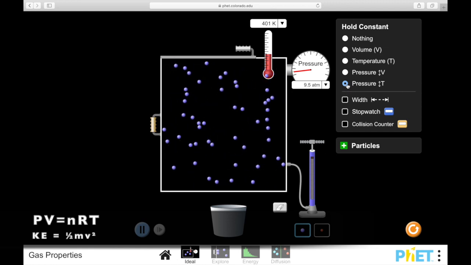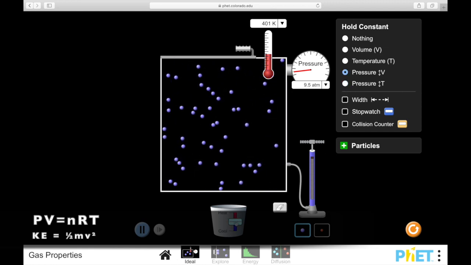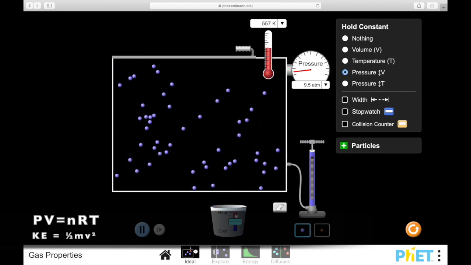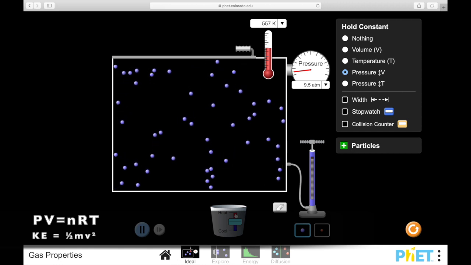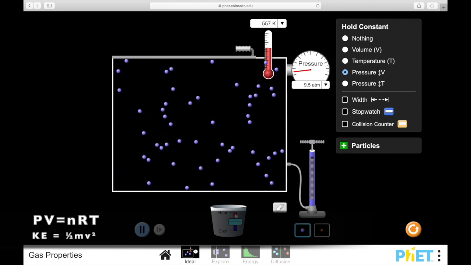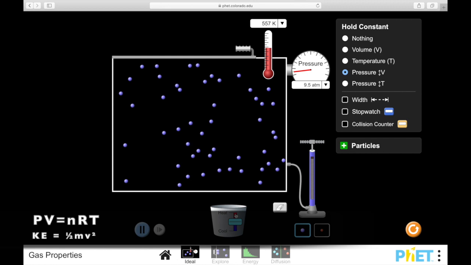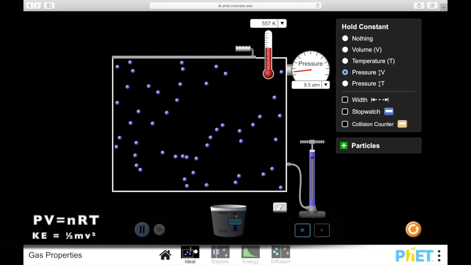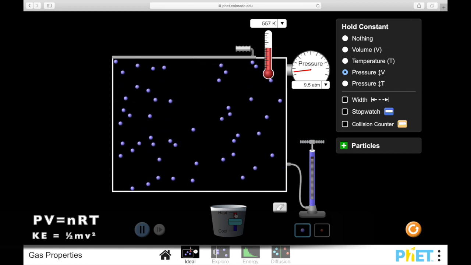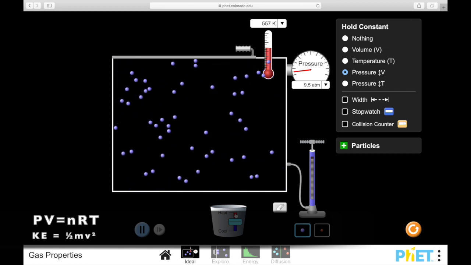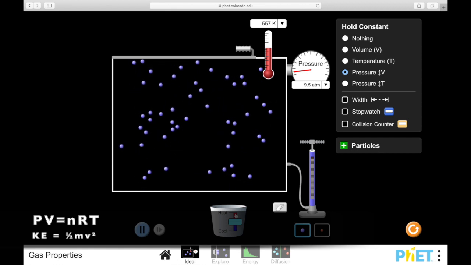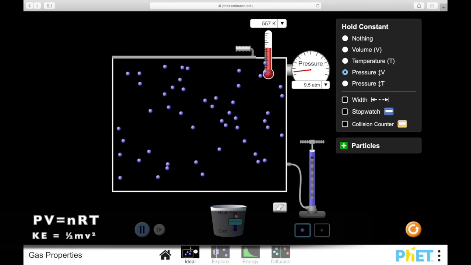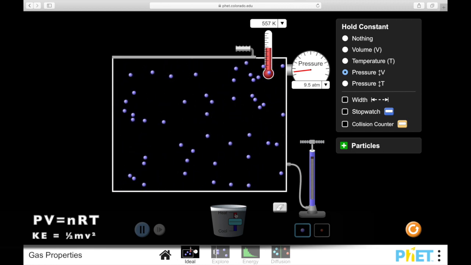Well, now let's see what happens. As we increase the temperature, the volume also increases. And again, volume and temperature, V and T, are on opposite sides of the equation, so that tells us there should be a direct relationship, and increasing one with everything else held constant should lead to the other also increasing. And so this is actually Charles's law, and he did an experiment in the early 1800s, I think,